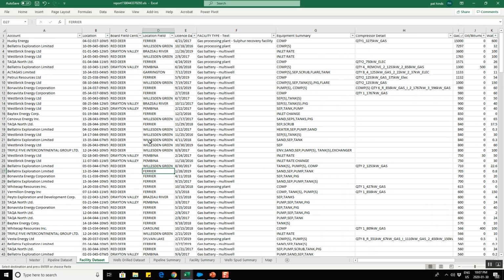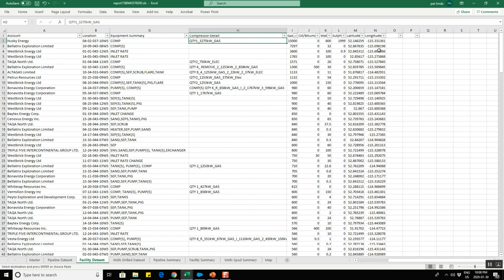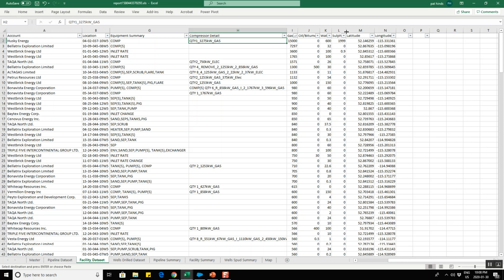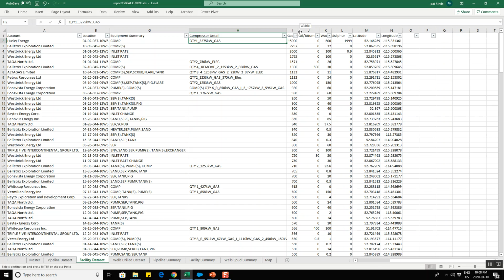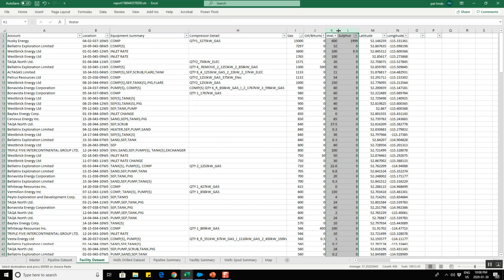Then we have the facility data sets. What we're looking at is the facilities in that particular area. I went back a little bit further to 2017, and there we've got the company, the location, more location information, the type of facility, gas processing plants, batteries, and so forth, what kind of equipment's installed, as well as what the production looks like